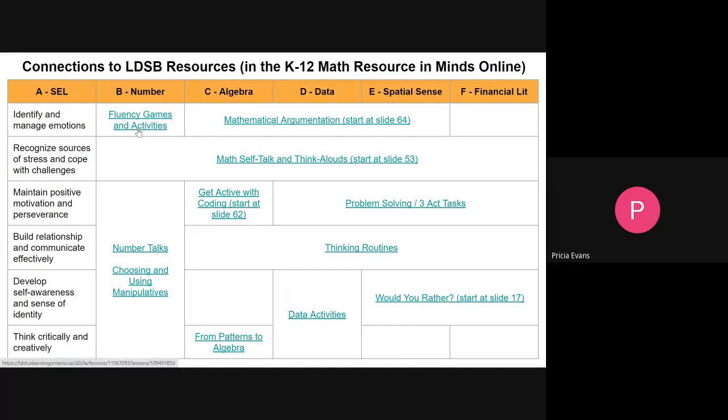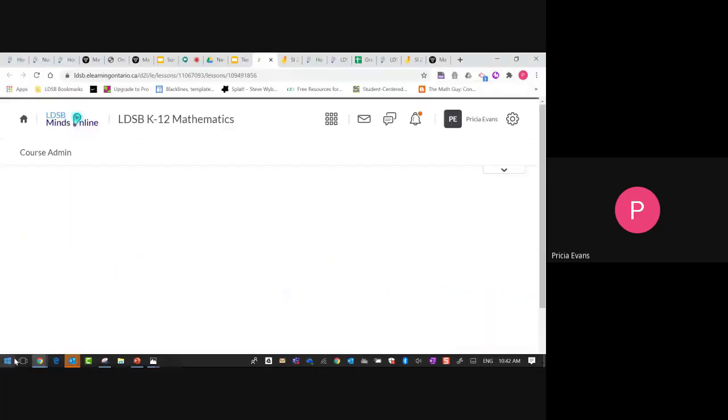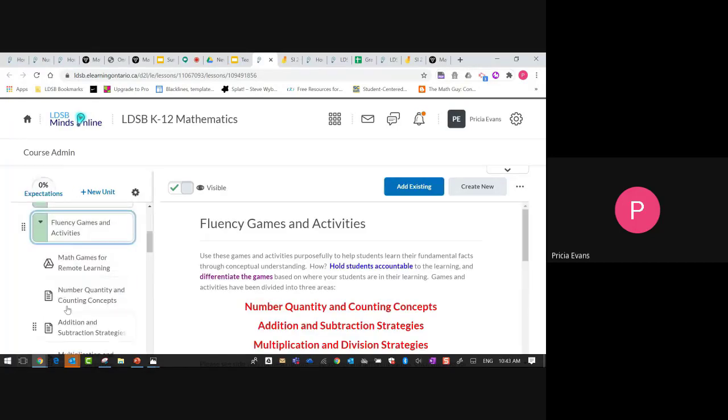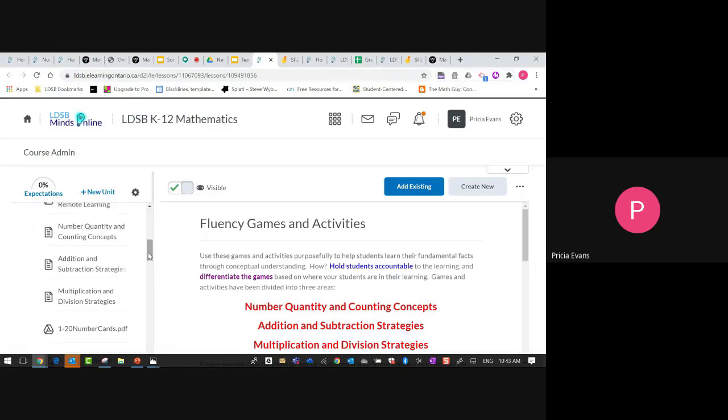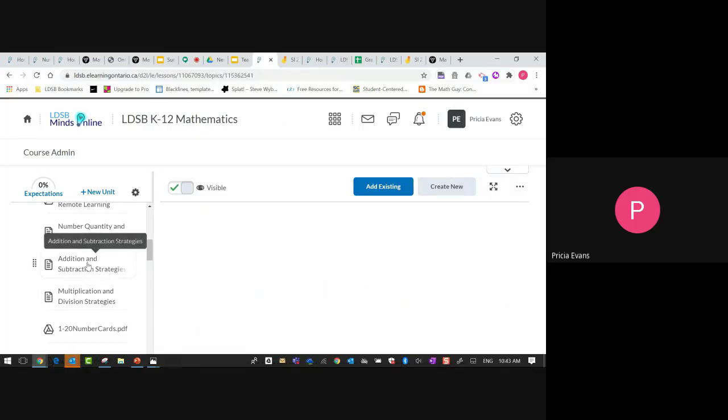Each one of these is a live link. I'm just going to click on the fluency games and activities. That'll take you back into the Minds Online. We have a tab here, not too far down. Then I can think about whatever games and activities my students need. For example, in junior intermediate, I might be thinking about the multiplication and division strategies or the addition and subtraction strategies.